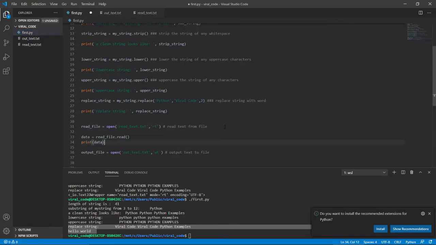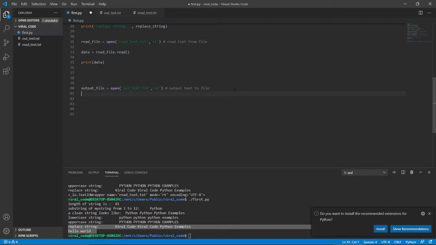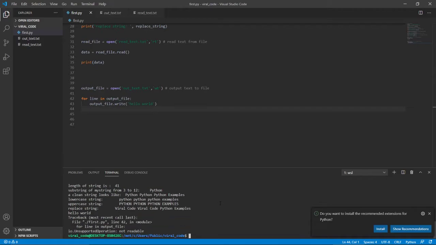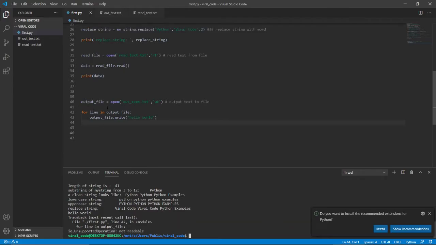So let's put this under here. And let's put some spacing so it's easier to read. So I want to output a file, so let's say I wanted to output some text, so I would go for a line in output file. Output file dot write hello world. Not readable for the line in